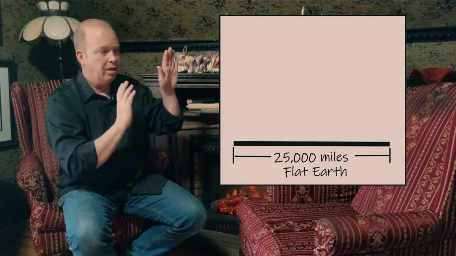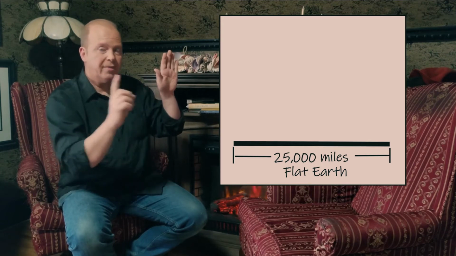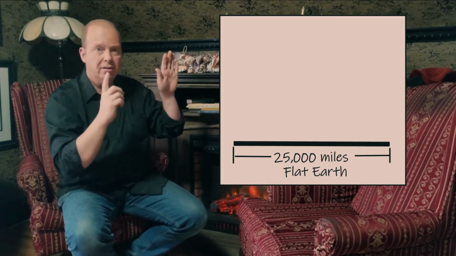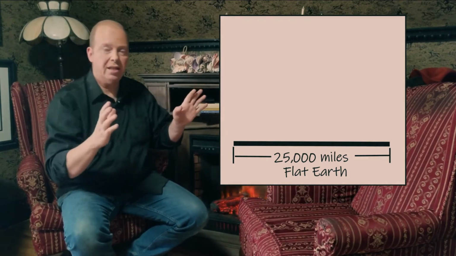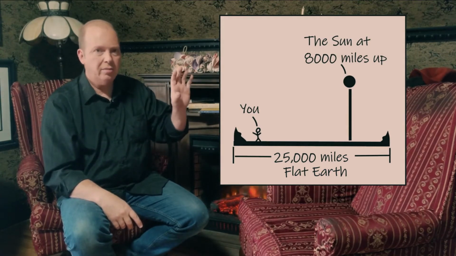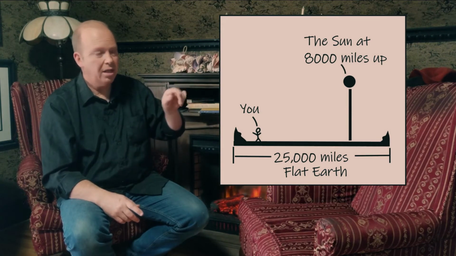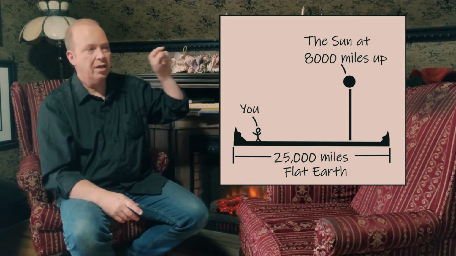The answer is the simplest explanation will answer your question. So let's take this drawing, and according to the flat Earth, the Earth is 25,000 miles across. So let's just draw a line across there and say that that's 25,000 miles. Now, they say that the sun is circling above us around like this. Okay, so it's going down to the south, coming back up, and that's how the Earth is. So let's put the sun where they say it is. Now, according to most, it might be 8,000 miles up. So a line would be 1/3 the length of this line up, and that's where the sun should be circling,